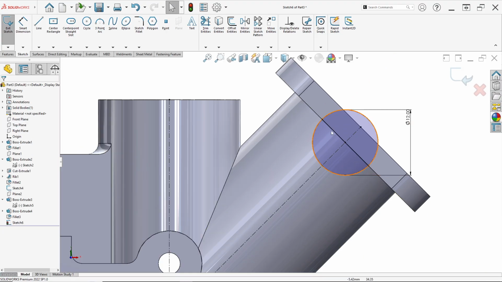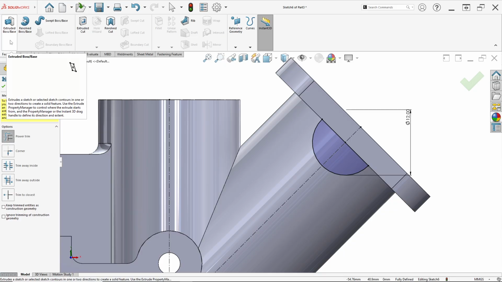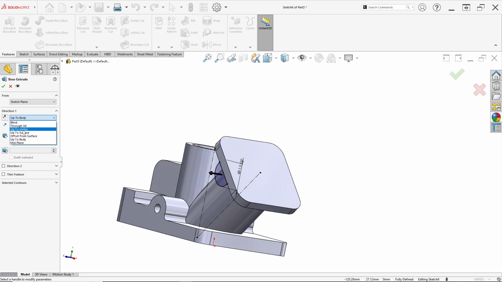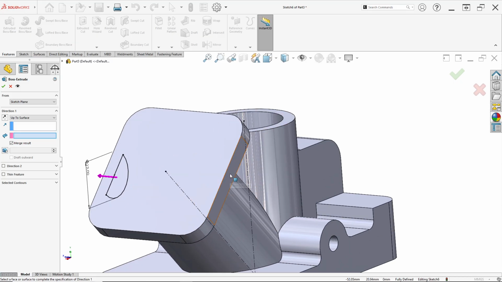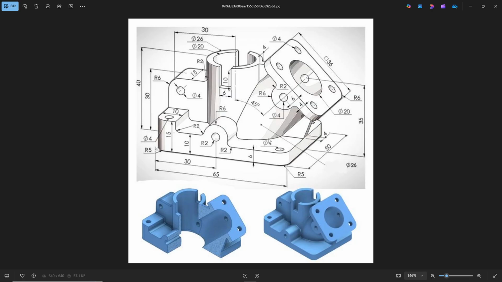We just need half of the circle in here, so we can trim entities from here and click feature, click extrude boss or base. Now we can change direction to up to surface. For surface, just click this face or surface. Click OK. Yes.